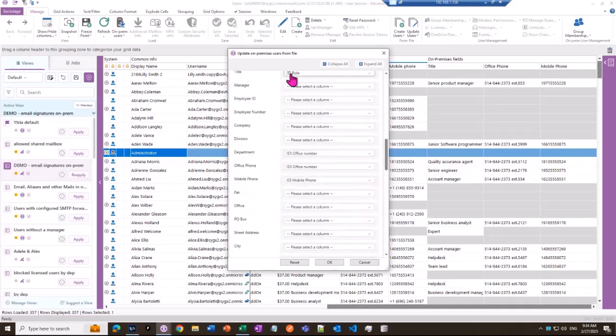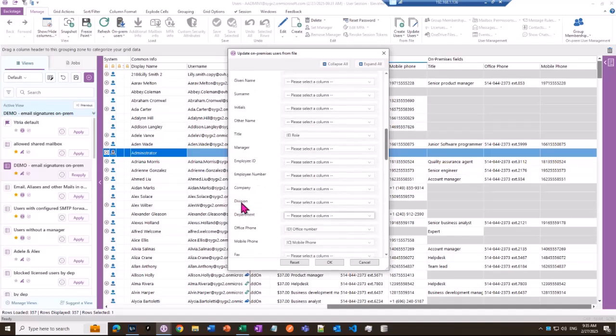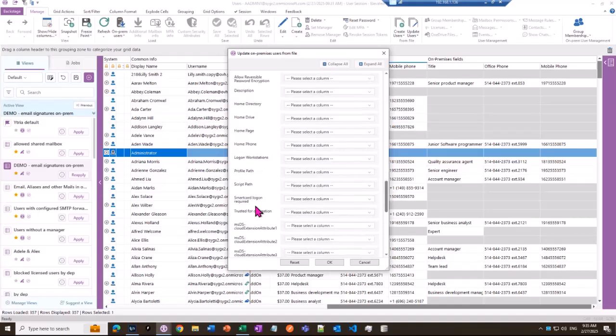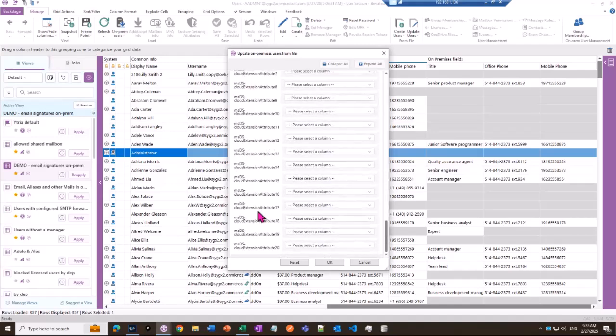You can see I did this before. Sapio 365 remembers a lot of things you do. So the department number, the department, I don't have this information, but I do have the office number, and the mobile phone is fine. And I believe there's the title, role. Okay, so that's it. So we just check everything. Everything else is off. And once I click on OK,